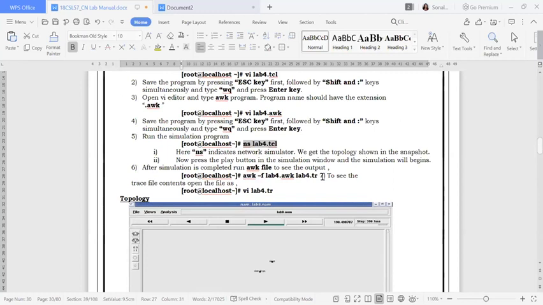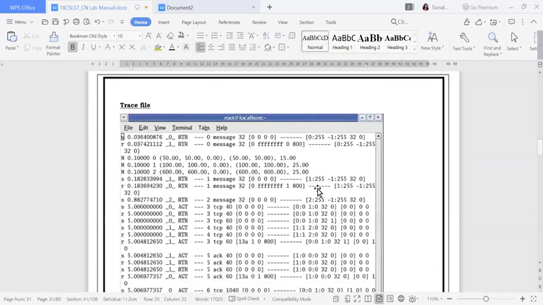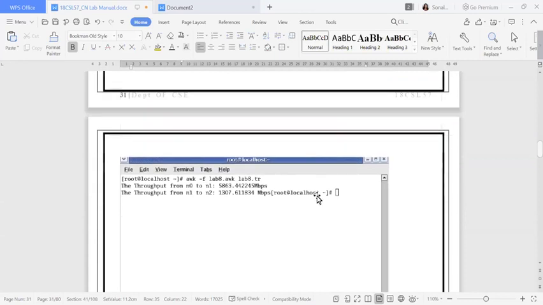So this lab4.tr I have already written in the TCL program. Once you write this down, what are you going to see? You will see these things. Directly you are going to see this. You see here I have written awk -f, this file name, then the trace file name. Then directly you are going to see this much of an answer. So in your observation notebook, you have to write these values, whatever values you get.